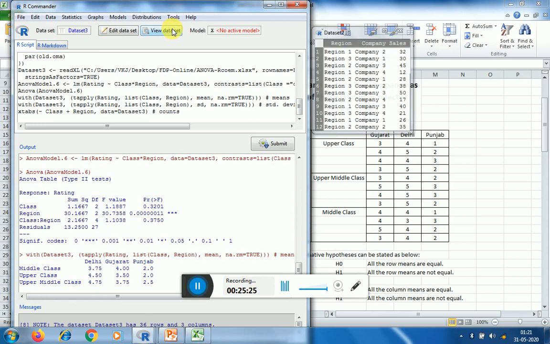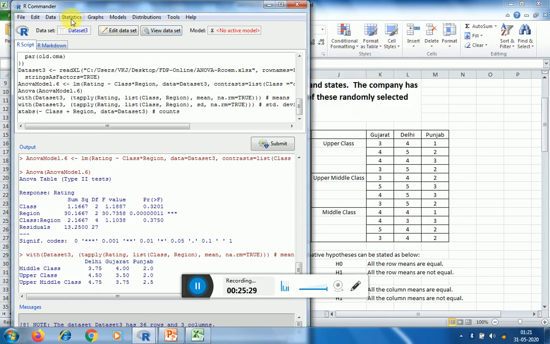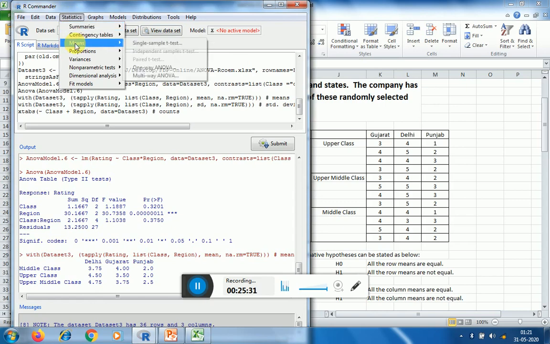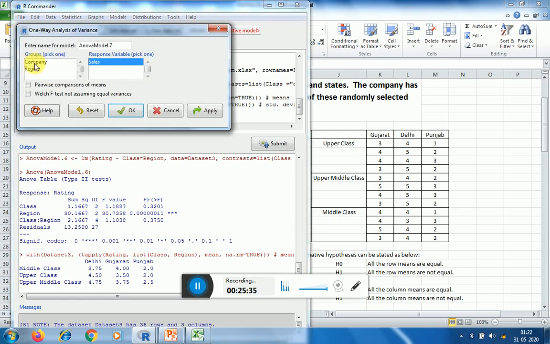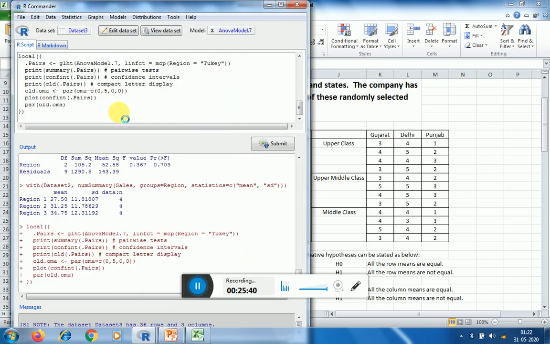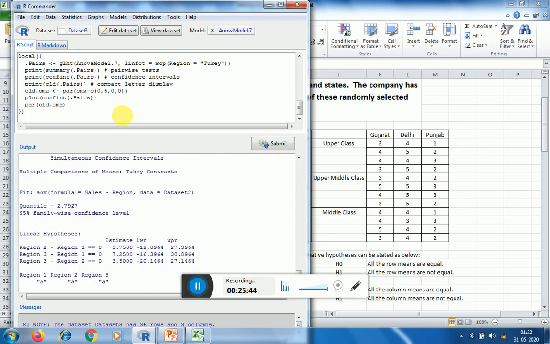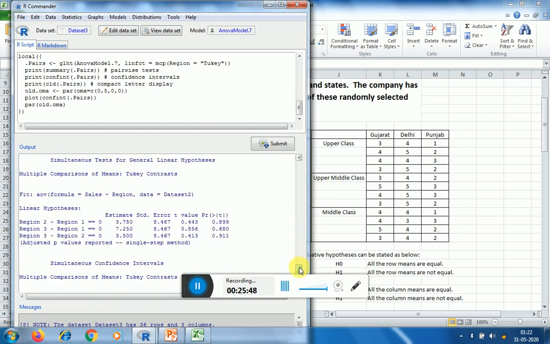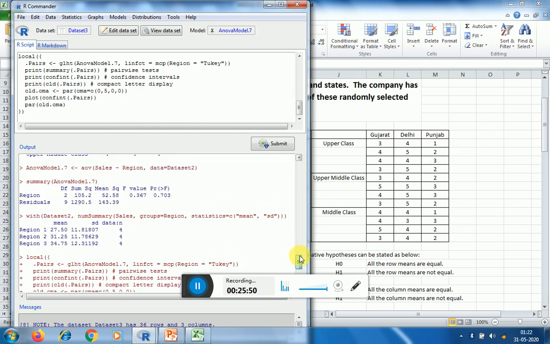So view data set. So this is the another data set. Then go to the statistics, click on the means, one way ANOVA, company or the region, make the pairwise comparison. Okay. So this is how you get the pairwise comparison between the various data sets or various variables.